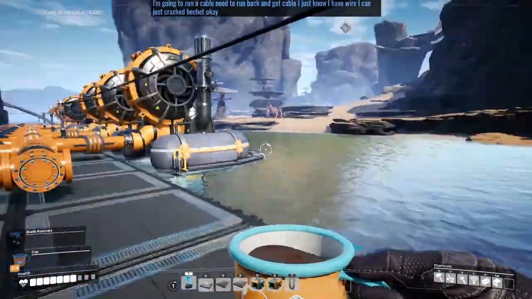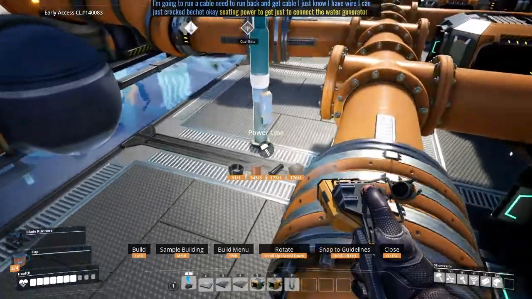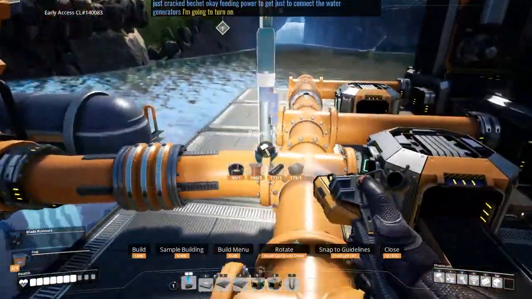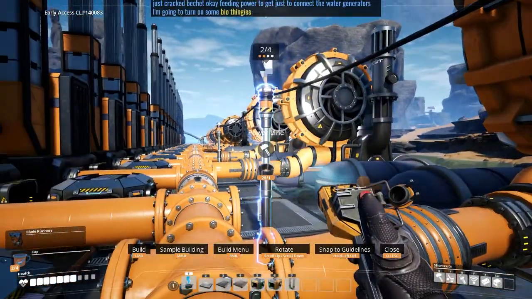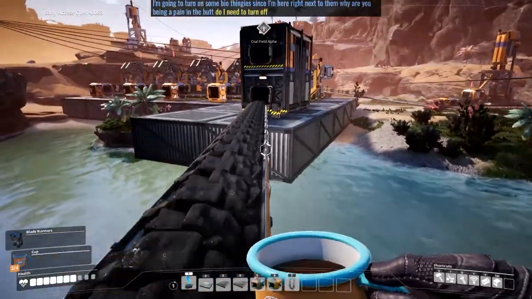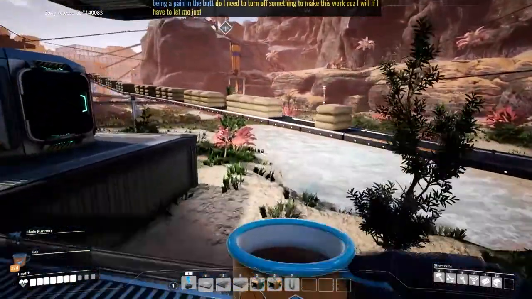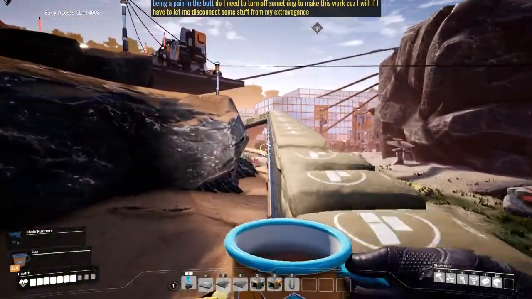Oh, exceeding power just to connect the water generators. I'm going to turn on some bio thingies since I'm here right next to them. Okay, do I need to turn off something to make this work? Because I will if I have to. Let me disconnect some stuff from my extravagant Steelworks Mark II and